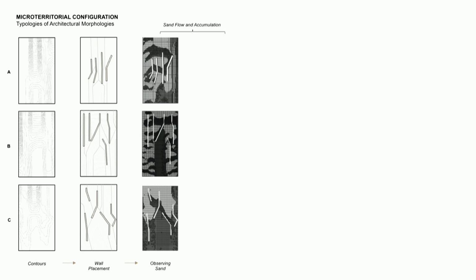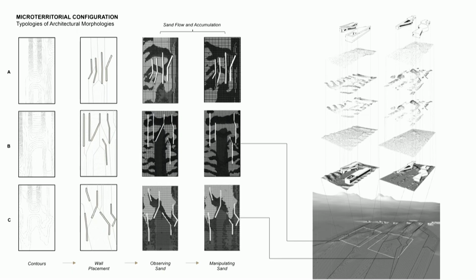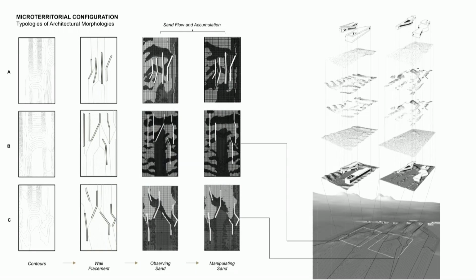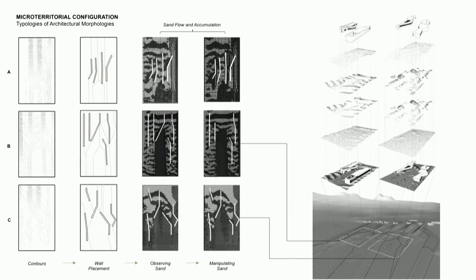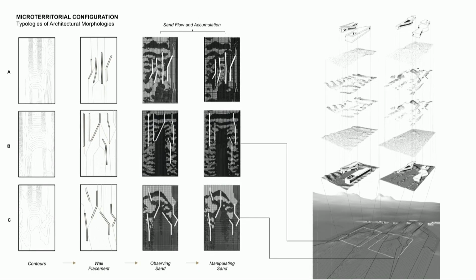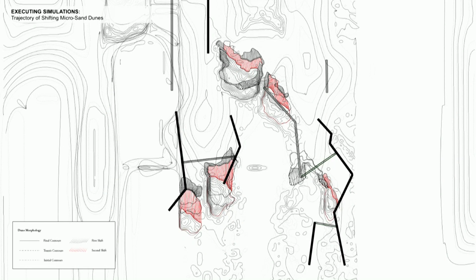And then what we did was we took these medial axes, and then we chose certain grids to have placement of obstacles so that we can see how the sand accumulation on a smaller scale is affected as well. And that led to a certain catalog of different typologies of architectural morphologies that we could come up with. And as you can see in this, we have taken 3 iterations of that simulation, and we've worked out how the transition of the dune takes place across the micro landscape.